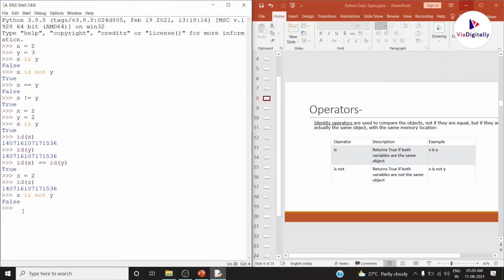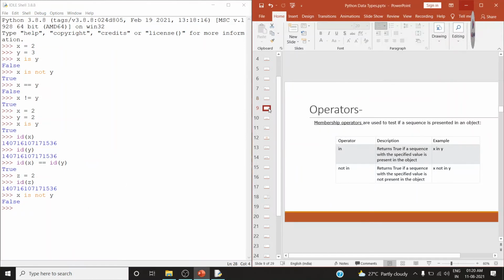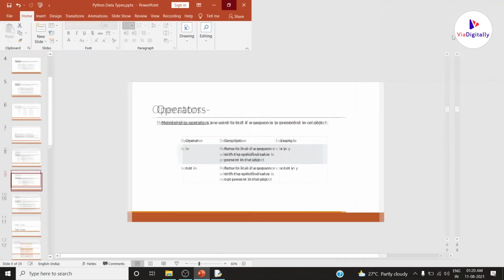But still, coming to the next category of operators, we have membership operators. Membership operators are used to test whether a sequence is present in the object or not. In these membership operators, we will be having two types of operators, that is in and not in.